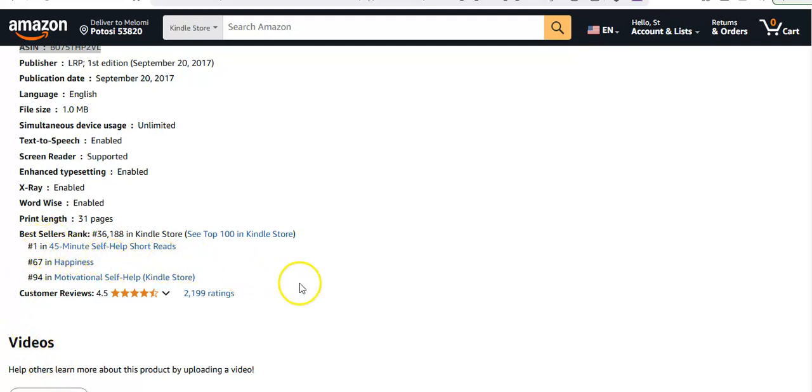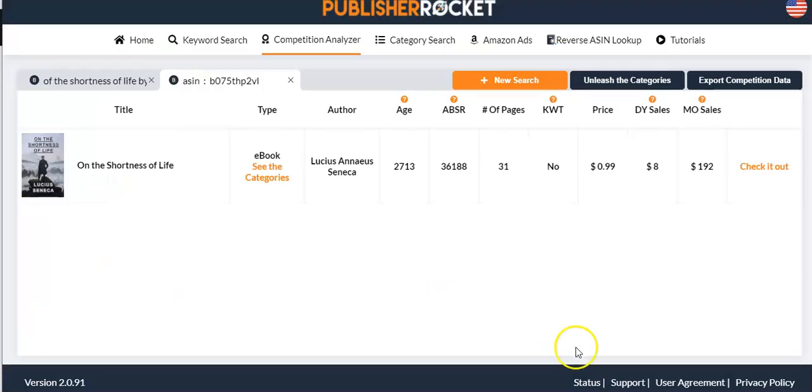We already know it's estimated that it is doing $192 a month in sales, which is pretty darn good, about $8 of sales per day. And this is an average. This is not 100% accurate.